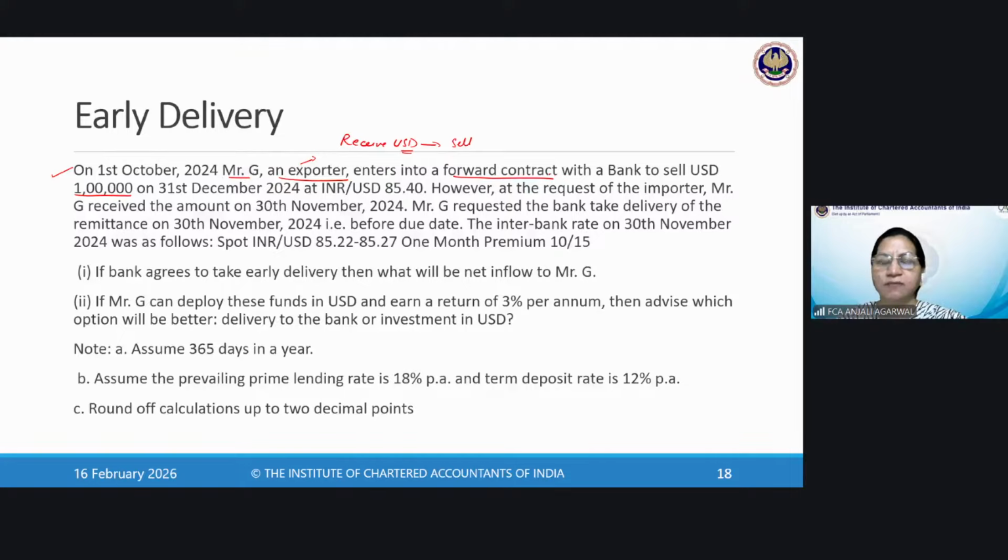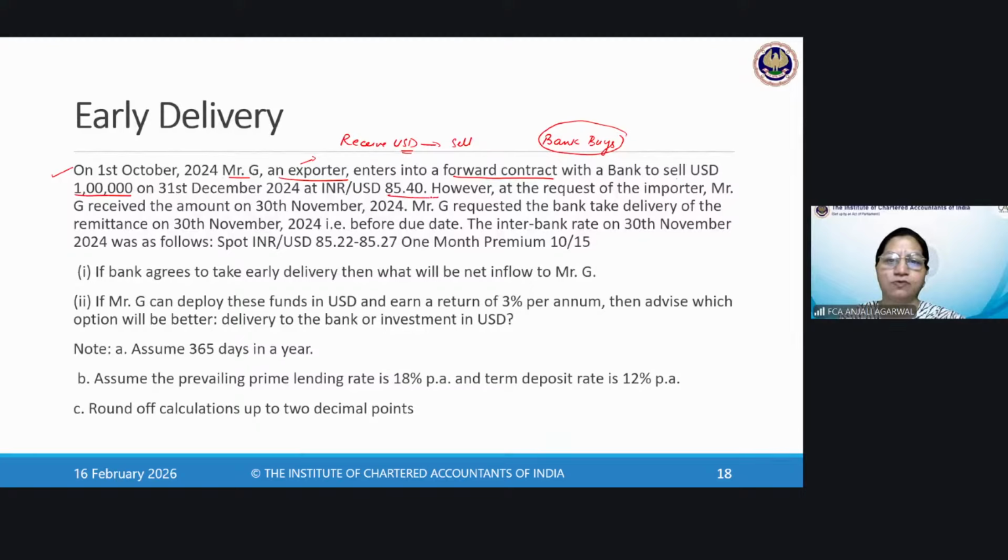So you have to see whether the exporter is entering into the contract with the bank to sell or the bank is selling. So language is also clear that exporter is selling, which means the bank is going to buy. The exporter will sell and the bank is going to buy the US dollar for $100,000 and the rate committed